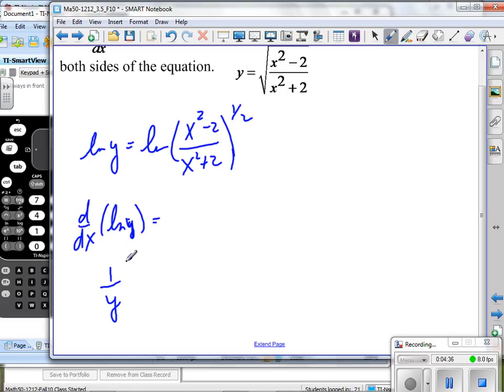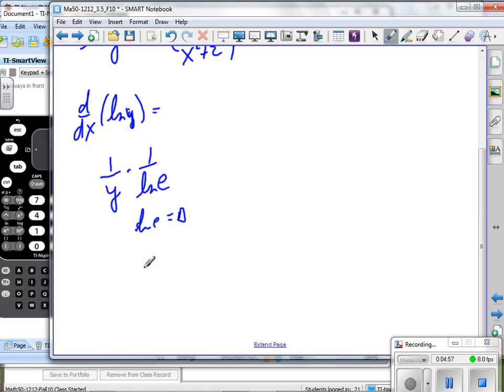Well, we have that one that had all pieces. Let me just kind of give it to you. It's 1 divided by the natural log of the base of the logarithm, in this case the natural log of e. Well, what is the natural log of e? The natural log of e is some value, and something to that exponent is equal to e, and what's the base of this? Well, it's e, so what is the exponent that gives you e? And it's just 1, okay, times the derivative with respect to x of